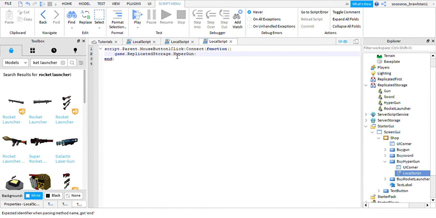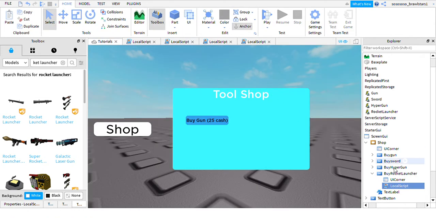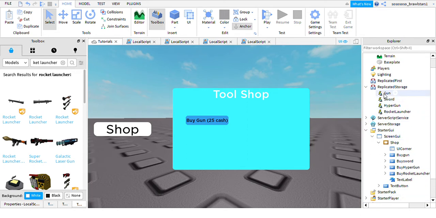I'm too lazy to write that, so I'll write the whole other thing again. And then buy rocket launcher :FireServer. Alright, there we go. So once you have made all of the local scripts corresponding to their replicated remote event,